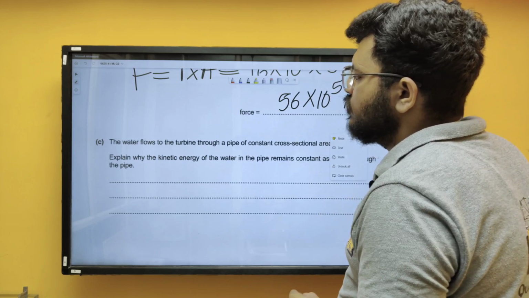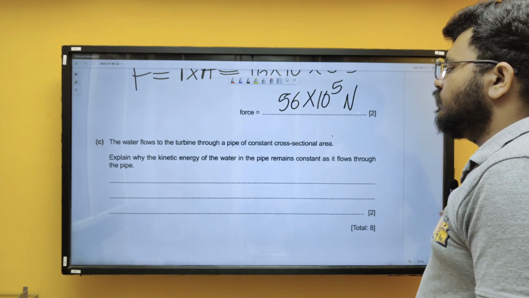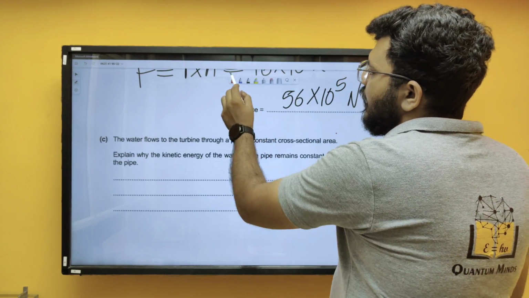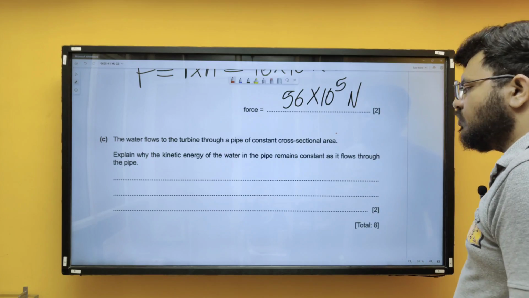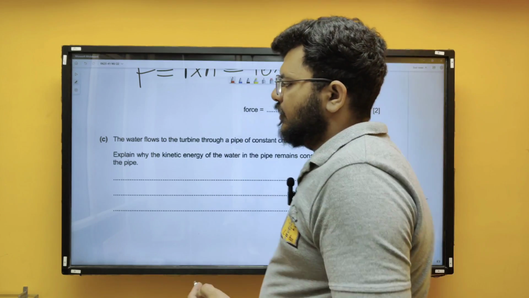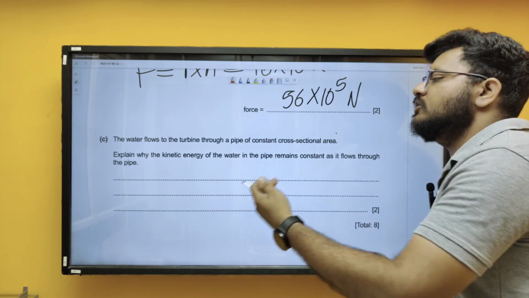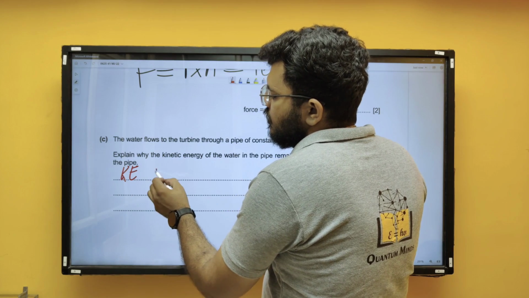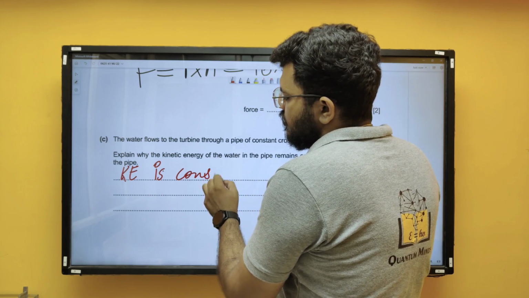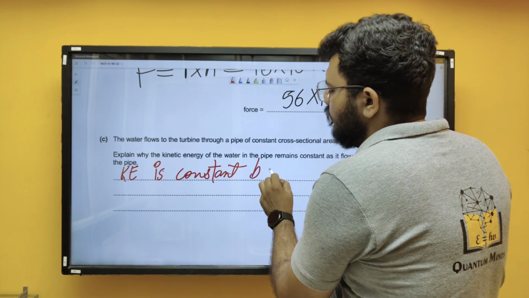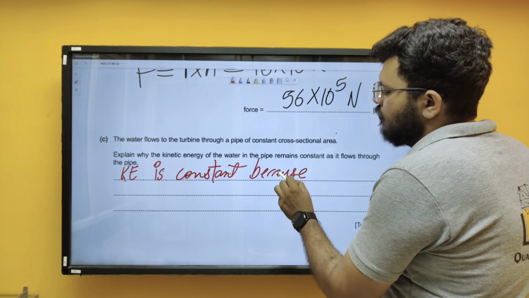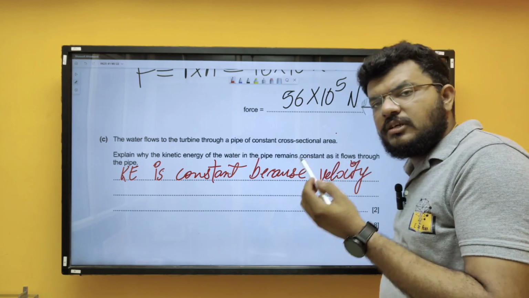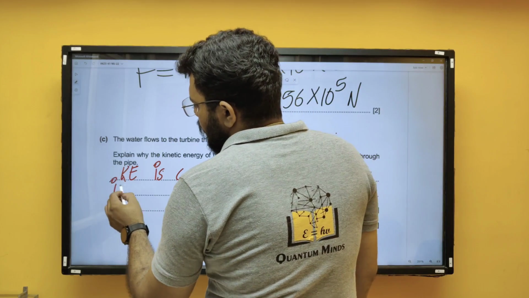Then we have water flows on the turbine through a pipe of constant cross sectional area. Explain why kinetic energy of water in the pipe remains constant as it flows through the pipe, right? Now what is happening? How much ever water is going in, that much is coming out. So kinetic energy is constant because velocity is constant, right? Because velocity, or you may write speed also, right? This is in a known direction, so velocity is constant